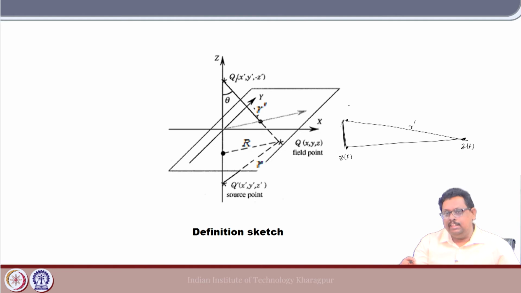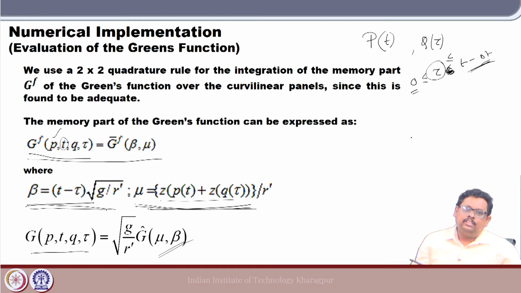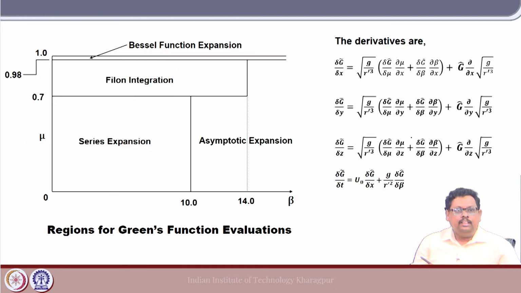These are z values. So this cannot be more than r dash, because this defines the hypotenuse and this is just one length or height. So we understand that